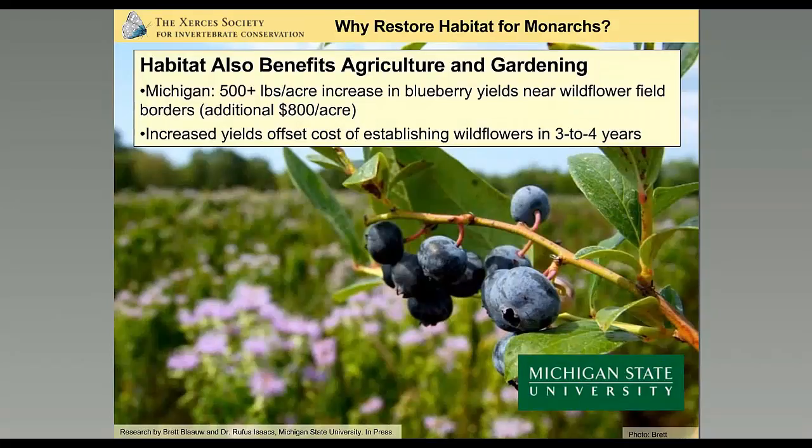And habitat actually has some real-world economic benefits. If we look, again, beyond monarchs and look at pollinators in general and the role of habitat, we can see, for example, that we've got research coming out of Michigan State University showing that wildflower field borders planted near blueberry farms results in direct yield increases to those adjacent crops. In some cases, the wild bees that are sustained by these wildflower-rich field borders can contribute hundreds of pounds of additional fruit through increased pollination to those farms, resulting in hundreds of dollars of additional crop value per acre on